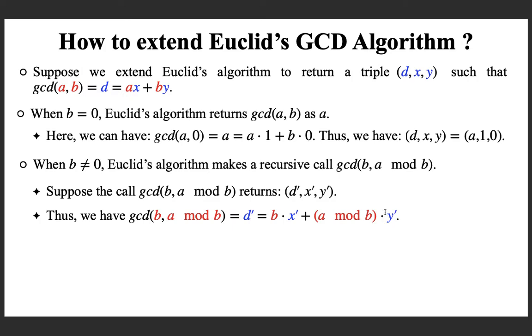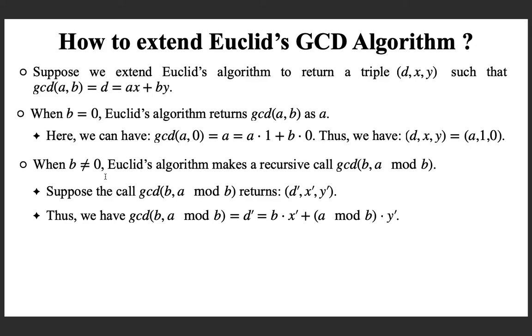So no question, this is what we need. Now this is what the function call GCD b and a mod b returns. Now we want to see, utilizing that, what is the original triplet d, x, y that the extended Euclid's algorithm can return